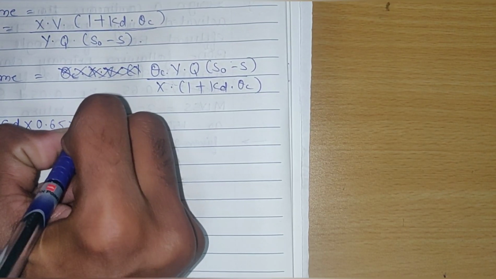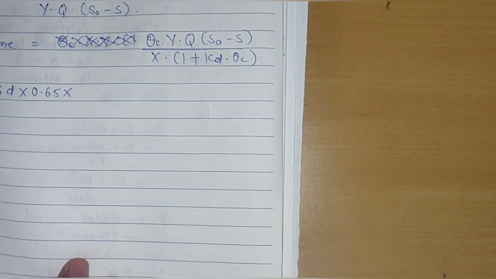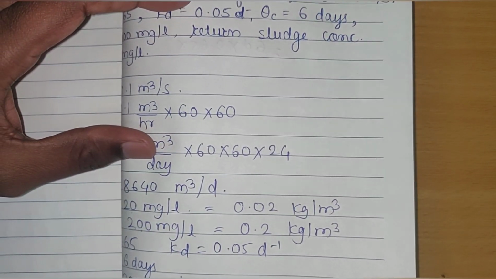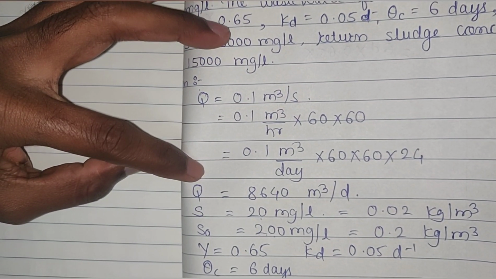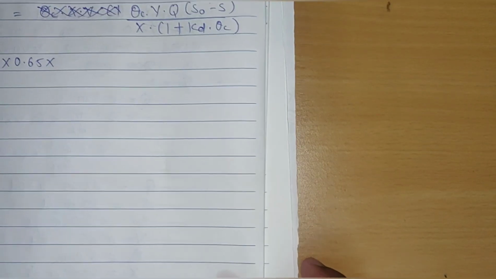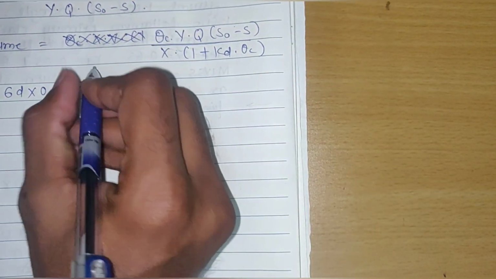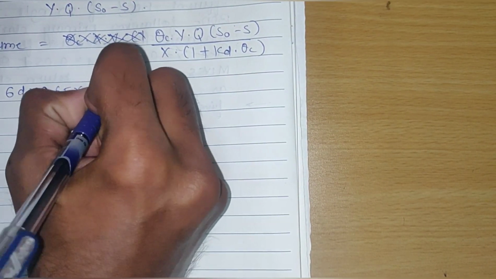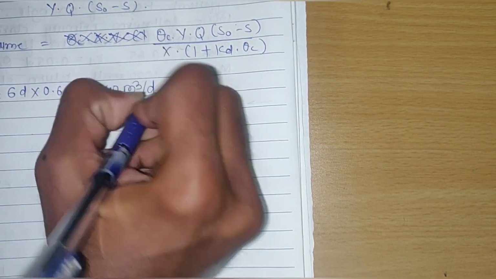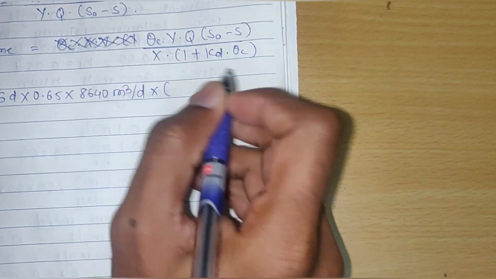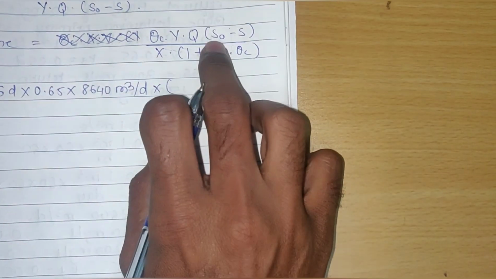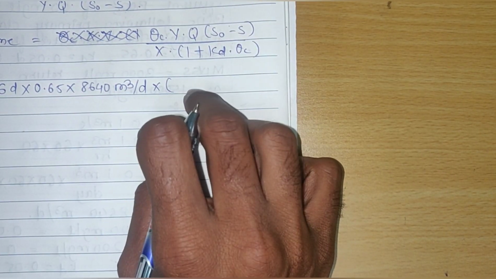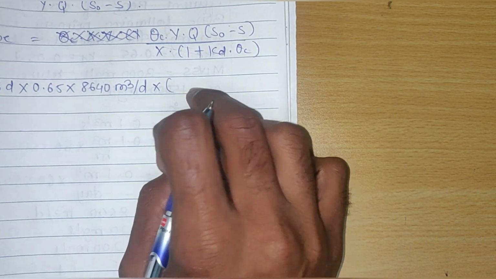into flow rate in meter cube per day. We will take it in meter cube per day. The Q value is 8640 meter cube per day into S naught minus S. So let us keep the value of S naught and S in kg per meter cube,